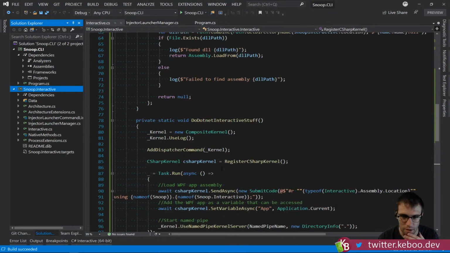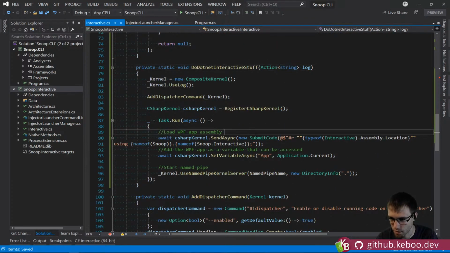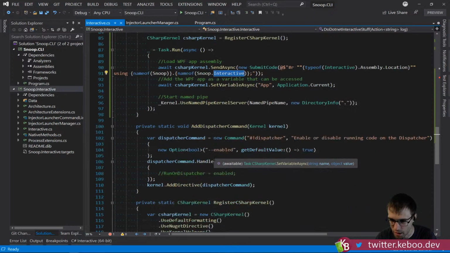So let's get us some logging into here. So action string log. Right, so let's go into here. This is not quite going to be good enough for what we want, right? Because this is preemptively just referencing some assemblies and loading up particular namespaces, which is fine-ish, right? We're going to want this, but we don't want exactly this. I'm more interested in,